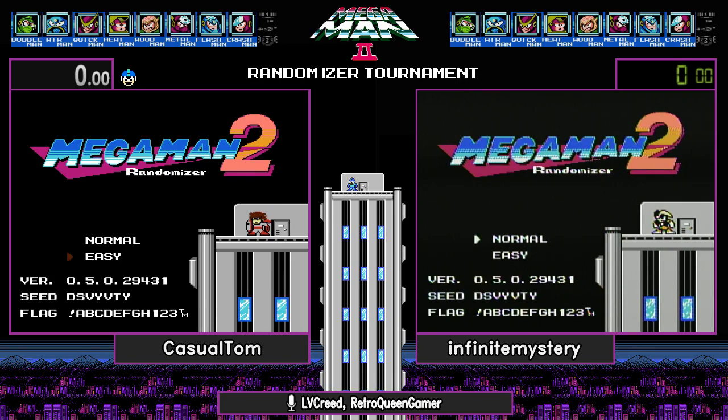We have an interesting Proto Man versus Base run this time around. CasualTom decided to switch sprites from Mega Man and go to good old Proto Man, as we actually do have our countdown, so we're about to get ready in a few seconds. So ladies and gentlemen, we're about to have match 2 of our best of 3 between CasualTom and Infinite Mystery. Let's go and see what this particular seed is going to have in store for our racers. Let's go. Infinite Mystery getting